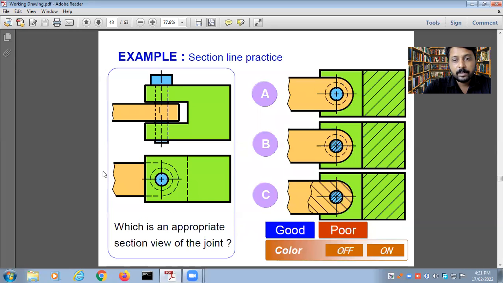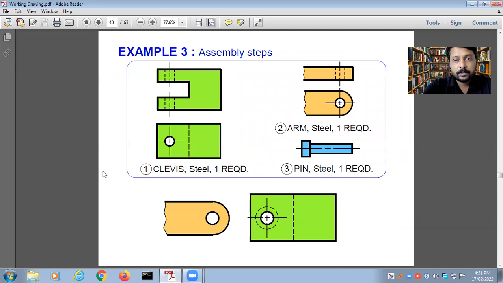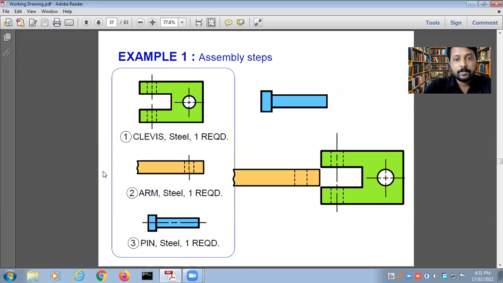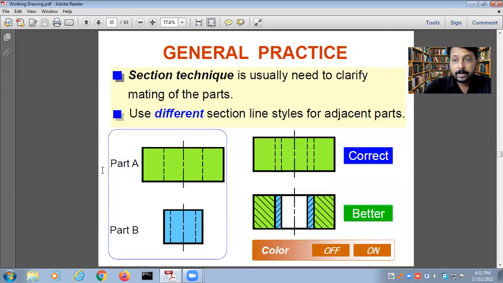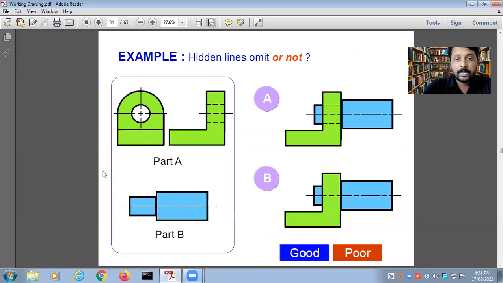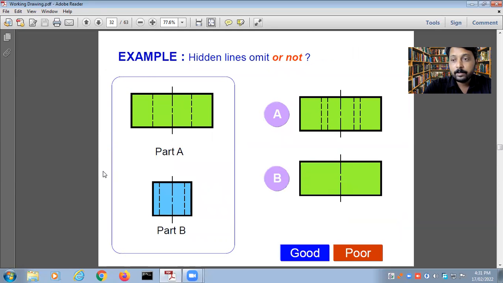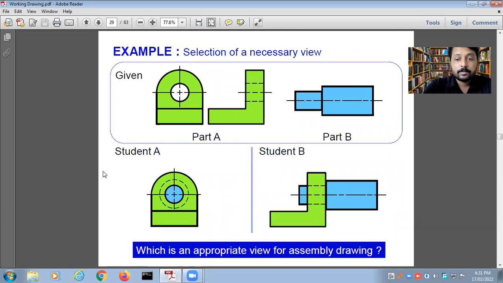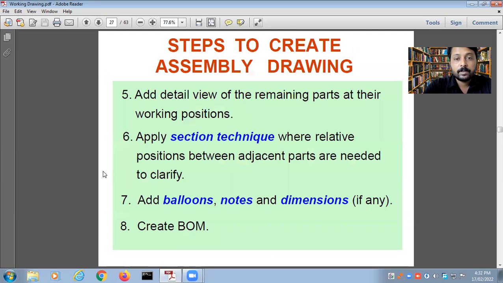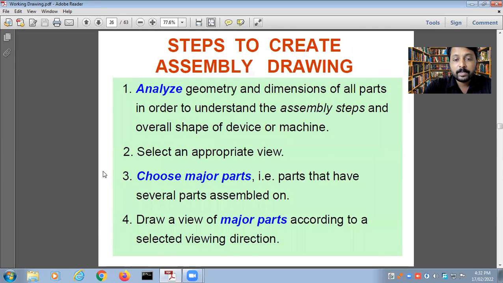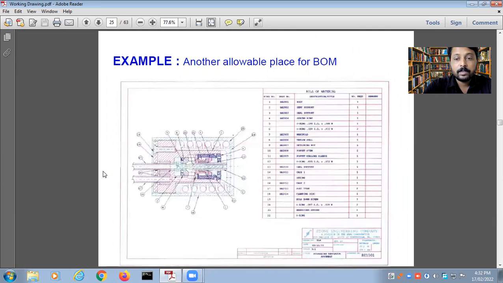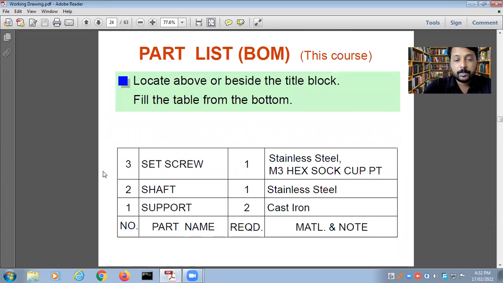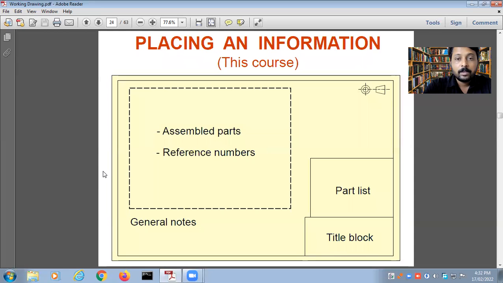Then we have seen leader line, then section, then assembly, different examples, then section line practice, how to show the section lines, how to show hidden lines, where to show hidden lines, then sections, then steps to create assembly drawing. Total 8 steps are there. We have seen BOM, that is bill of material, how to draw the bill of material table, how assembled drawing has to be shown,